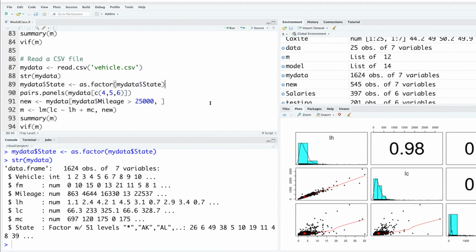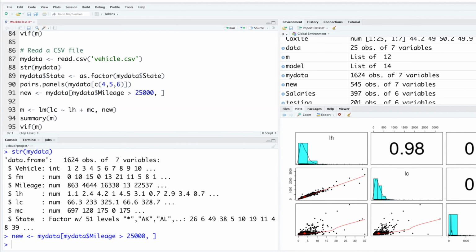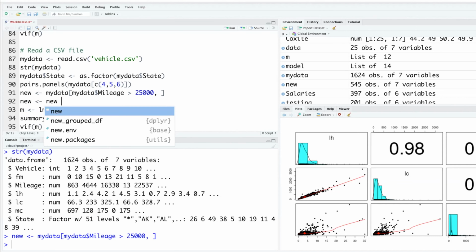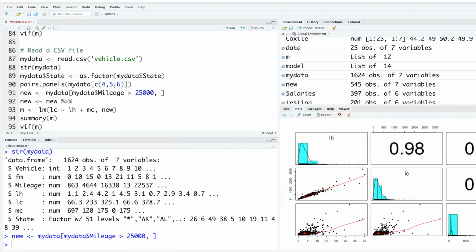We keep this greater than 25,000 just for keeping it similar, and then new. So new, and then connect it to a pipe, filter state equal. So let's say we want California or state equal Florida, FL.